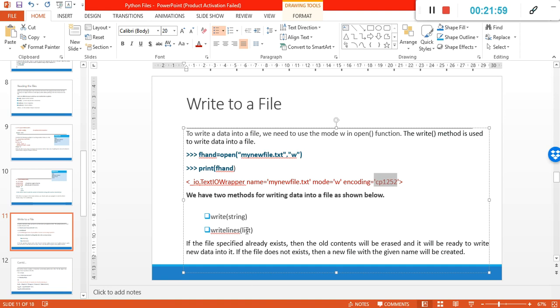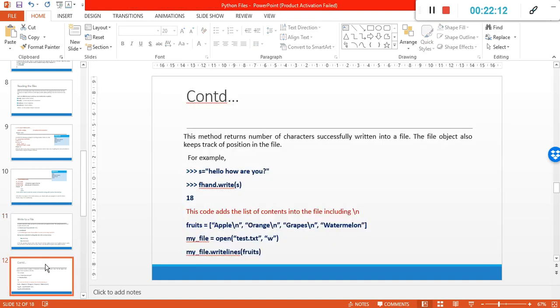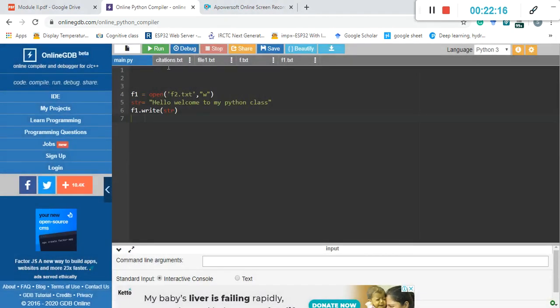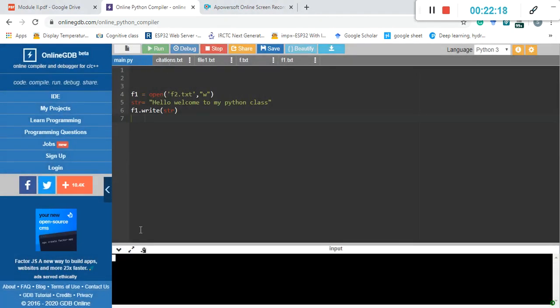We have two methods of writing into the file: one is write of a string, another is writing complete lines. We will see it again. If the file already exists, it will be overwritten. Okay, due to some error we will run it again.